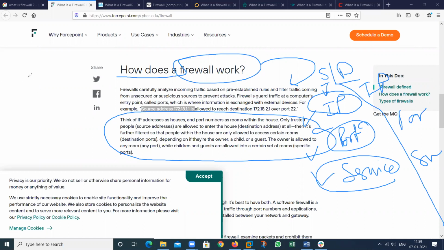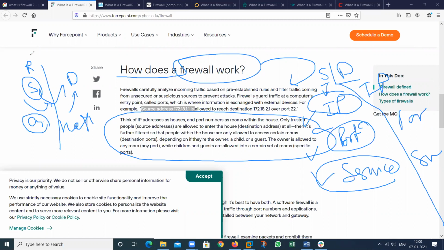If I provide this is my source and this is my destination, and any particular data comes from this particular source, then allow. It means if Rahul comes, then allow this one. If Gitu comes, do not allow this person. So this is the source. This is Gitu, this is Rahul. If this person comes, then allow. If this person comes, do not allow. So I have applied a source.